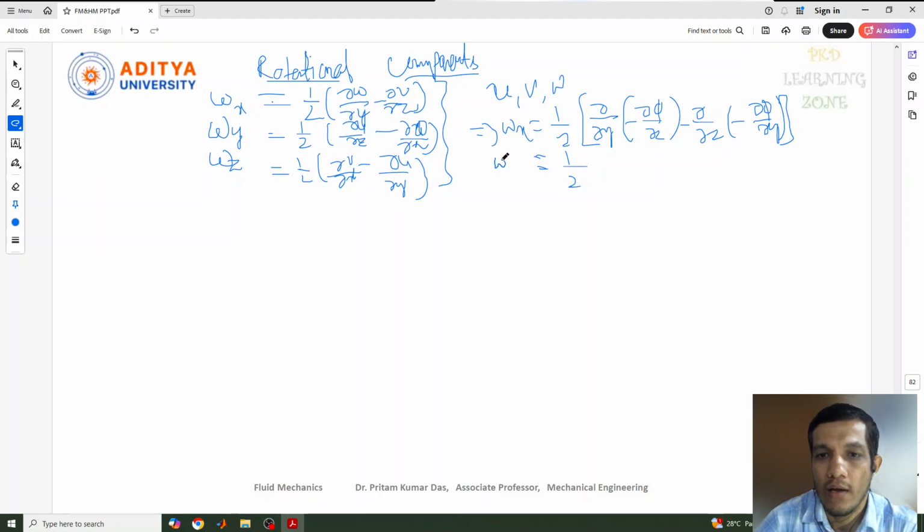Now omega x equal to 1 by 2 square bracket start minus del square phi, we can see del y and del z, both you multiply. Now similarly here, minus plus will be there, again del square phi divided by del y and del z. So finally we'll get omega x equal to this one. Similarly if I want to write for omega y